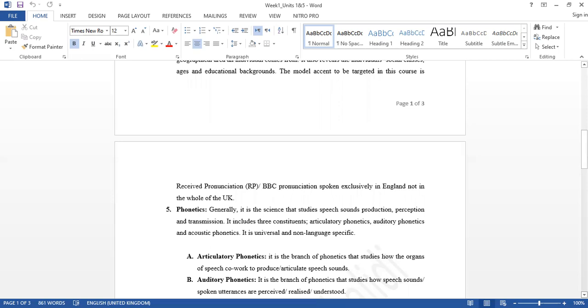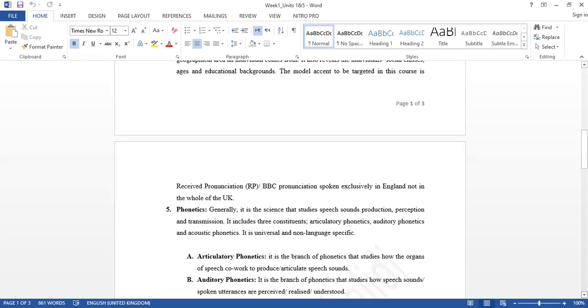And the most widely used accent, which is, let's say, almost known for most EFL learners, is received pronunciation, which is nowadays called BBC pronunciation or the British accent. And of course, British English has different accents, tens or hundreds of accents. But the accent we are going to focus on is RP pronunciation, which is widely used all over the world